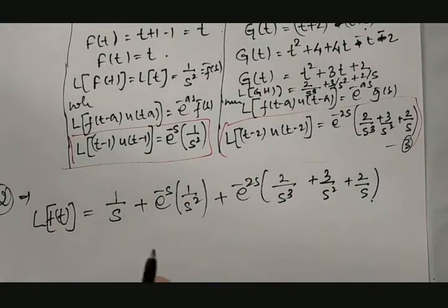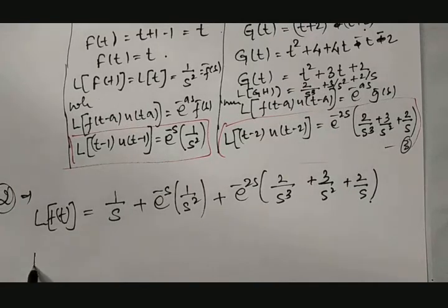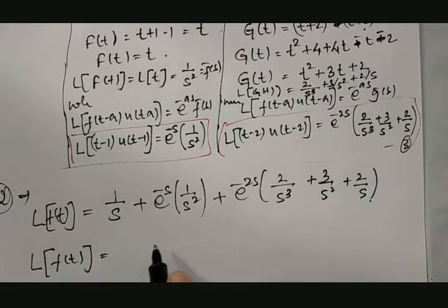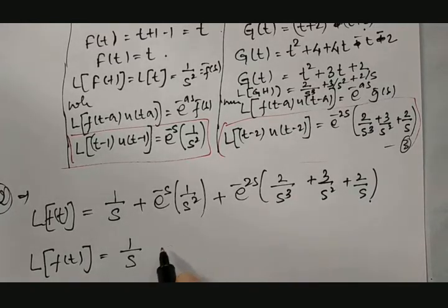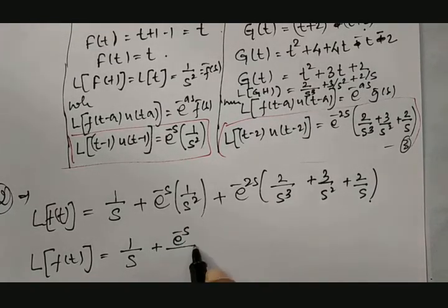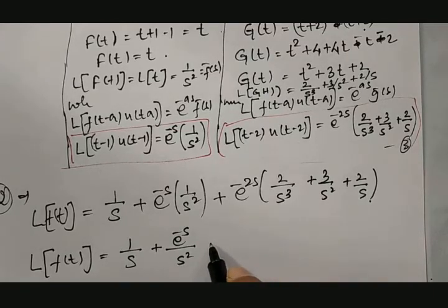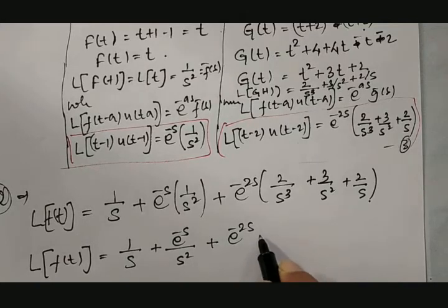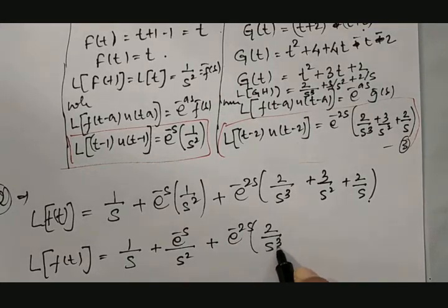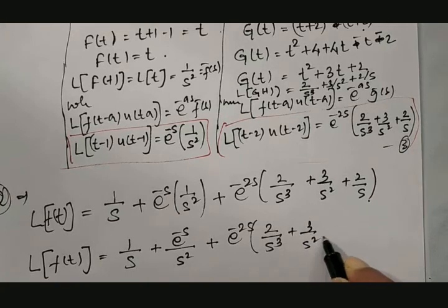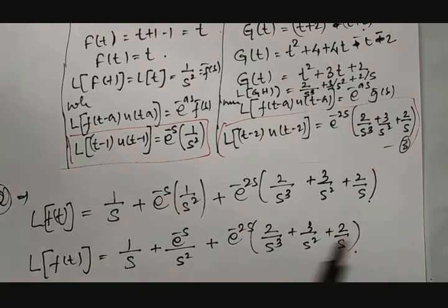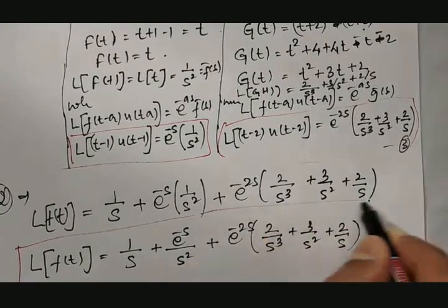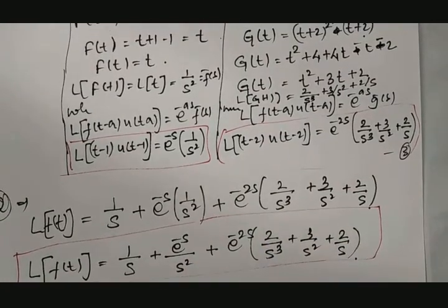Therefore, finally the Laplace transformation of f of t is equal to 1 divided by s plus e raised to minus s by s square plus e raised to minus 2s into 2 by s cube plus 3 by s square plus 2 by s. So this is the solution for the given example, where we converted that example